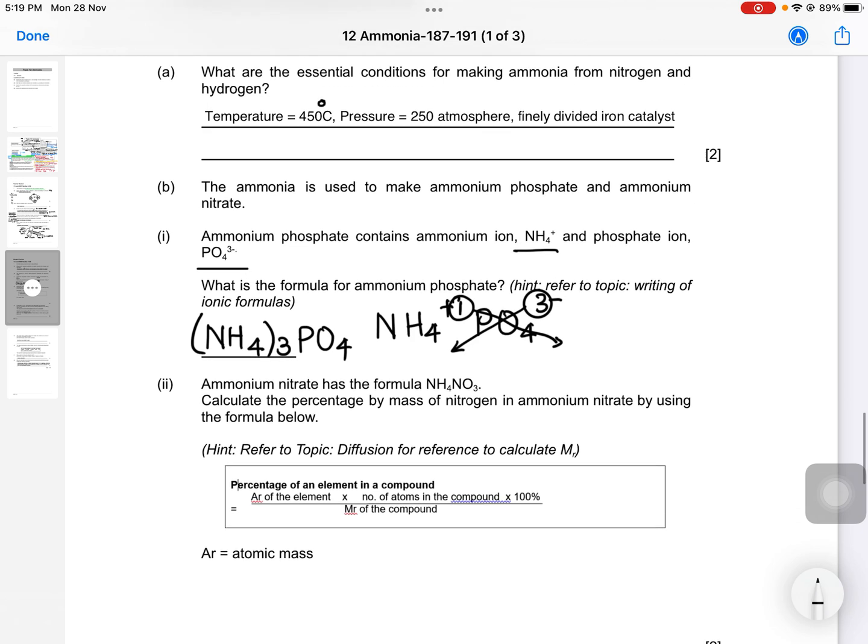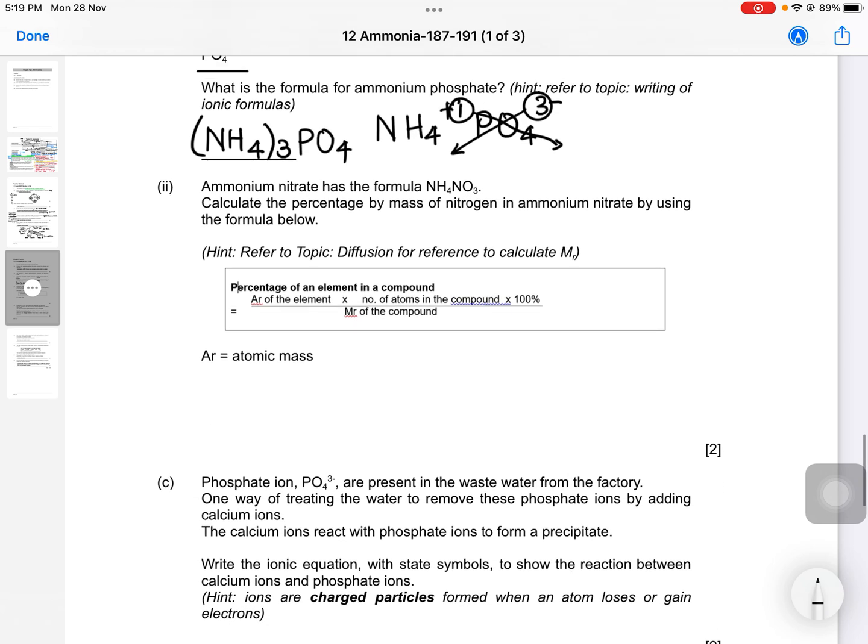Ammonium nitrate has formula NH4NO3. Calculate the percentage by mass of nitrogen by using the formula below. How do you calculate the relative molecular mass? That we will calculate here first. We will calculate the Mr of ammonium nitrate, NH4NO3. This will be equal to 14 plus 1 times 4, plus 14 plus 16 times 3. This will give the answer of